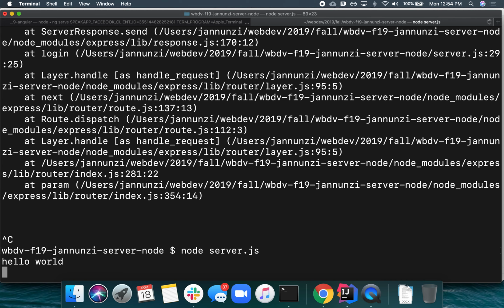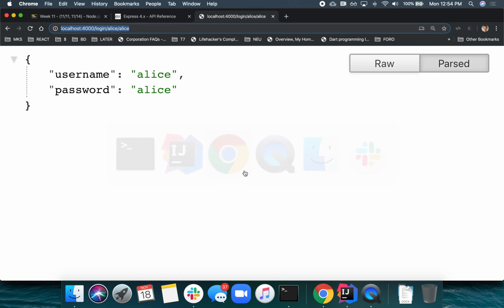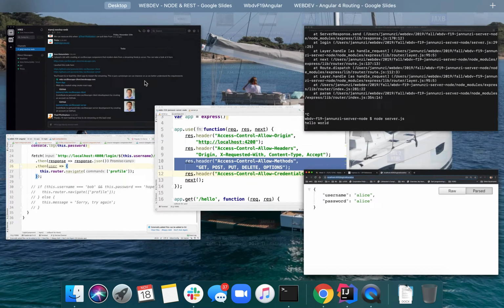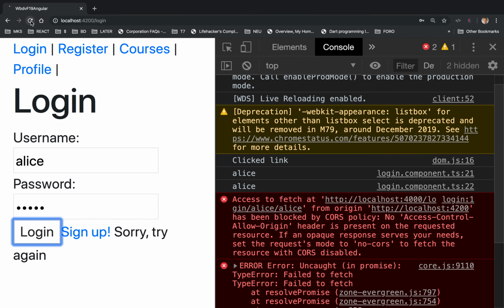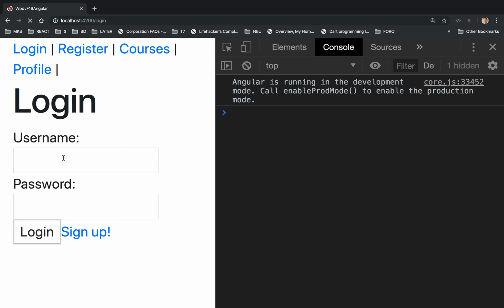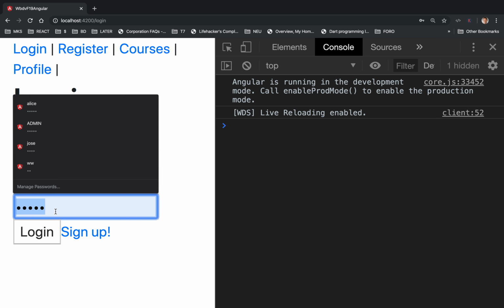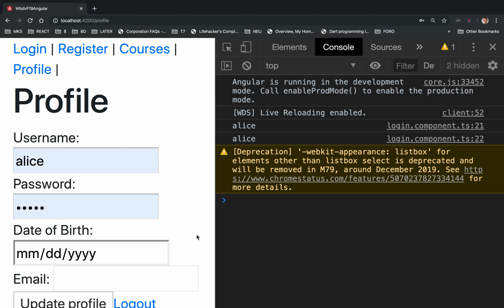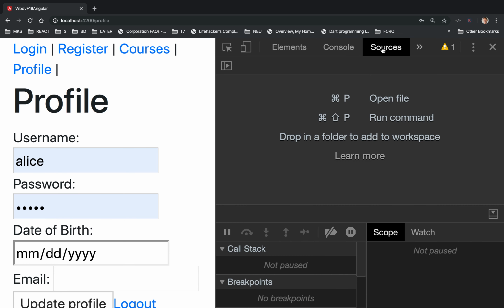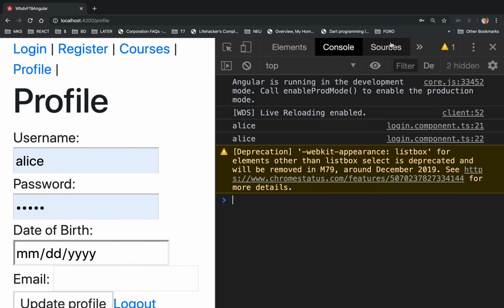Let's restart, and let's try this again. Where's our Angular? I think this is our Angular. Let's refresh this, and let's try Alice again. Login. Okay, notice that it navigated to our profile now, right? Notice what came back from the resource from our network,